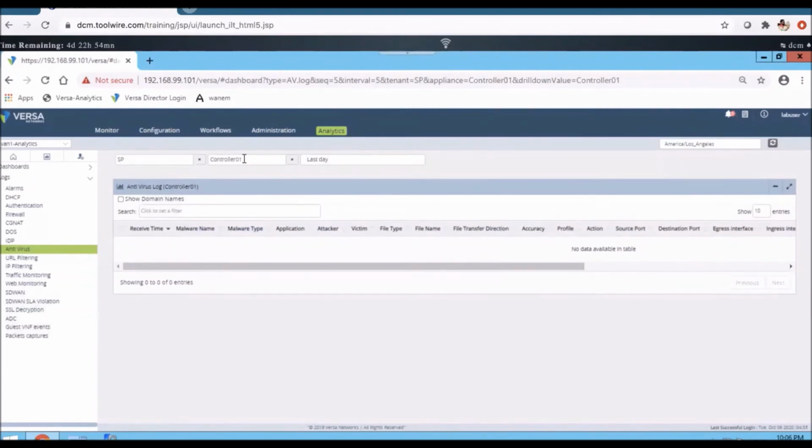These logs are in the analytics, right? It's fetching the logs from the analytics servers. Sometimes analytics is not working, then we have to go to every branch and log in on the device and check the logs. The moment you have integrated the branches with analytics, you are not going to see the local logging response. Every log will be forwarded to the analytics only.